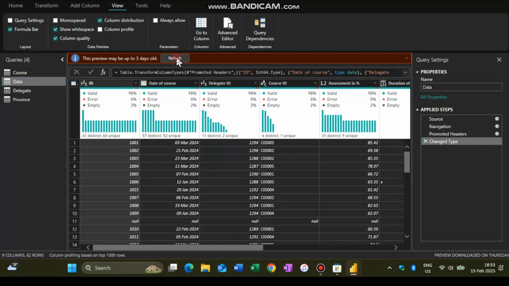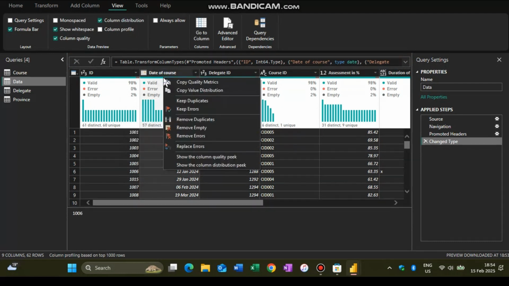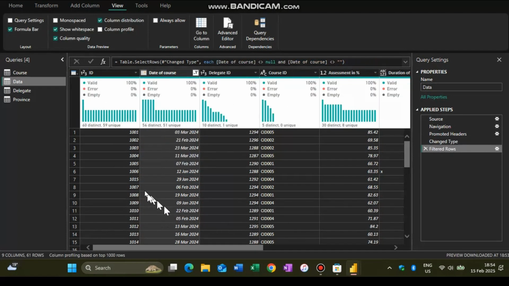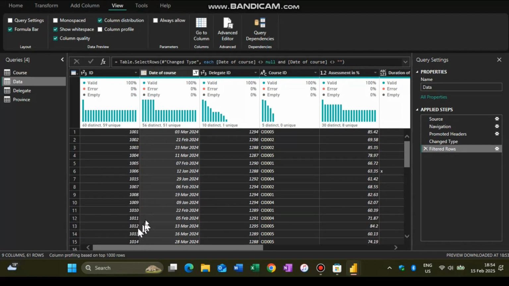Right click, remove empty. There we go. Remove empty. There we go, and it removes the null row. You will also see that there is a duplicate record, which I built in on purpose for